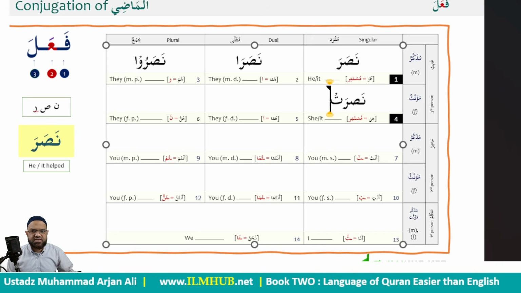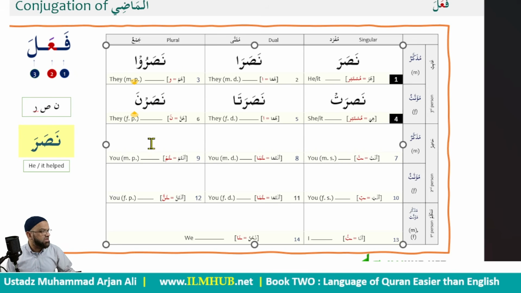And we have the ta at the end, which is your sign of femininity. And then we have na, sa, ra, and the huma is represented by the alif. Nasarata, and of course we have the hunna version, which will be nasar. And again, from now on, the third root letter will take a sukun, nasarna. So let's quickly go: nasara, nasara, nasaru, nasarat, nasarata, nasarna.